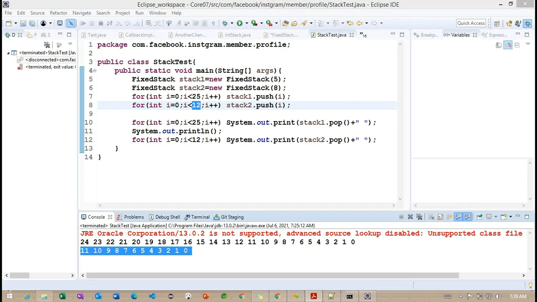So any questions regarding this particular dynamic size creation? Okay.